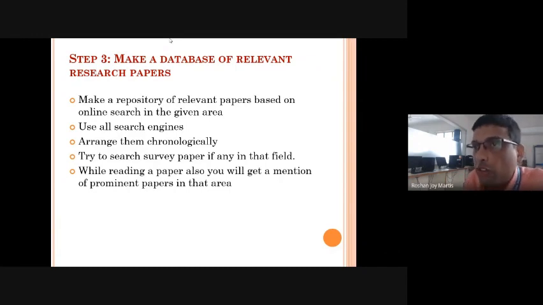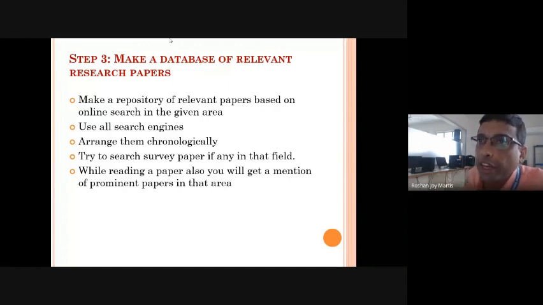While searching, you may also find some review articles. You can fetch that. Say now it is 2020. In some problem, you are finding a survey paper in 2015 published in a very good journal. Okay, you can rely on that survey paper. And after that paper was published, you can find out what all papers were published in the same area. This is till 2015. You can rely on that survey paper, provided it has been published in a good journal. At least a faithful survey paper should be there.